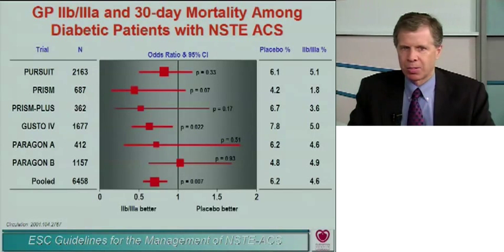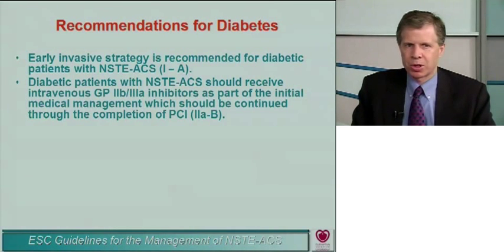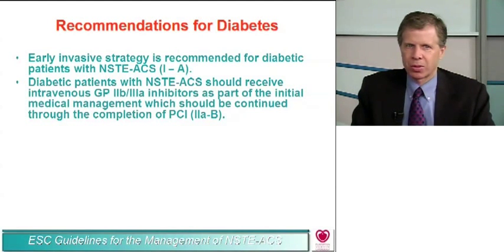And in fact, overviews of the larger trials have suggested that this is a population that may get particular benefit from 2B3A inhibitors. In fact, this was reflected in the 2007 ESC guidelines, where it was recommended that patients with diabetes be treated as an initial part of their treatment strategy with 2B3A inhibitors,